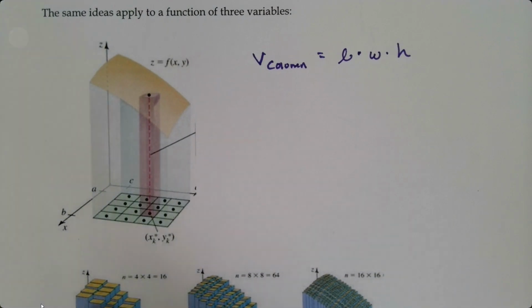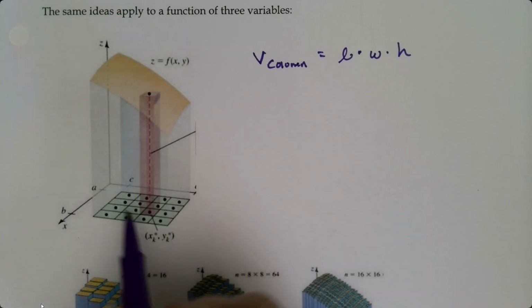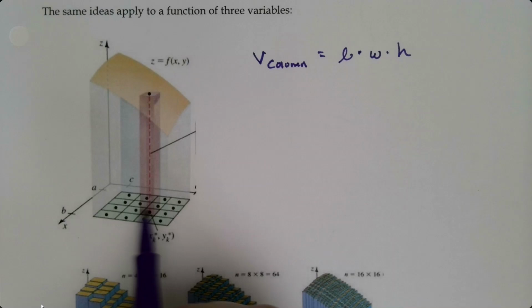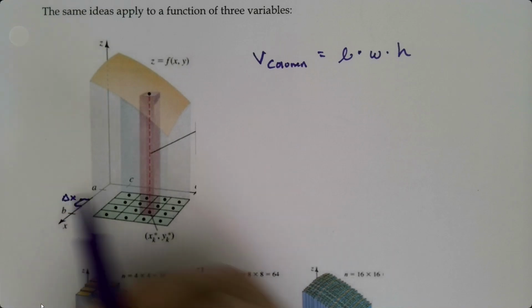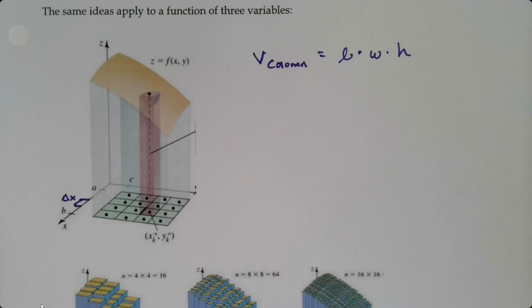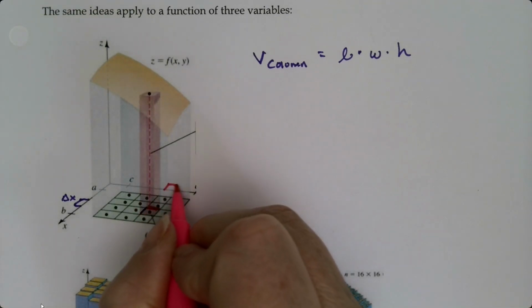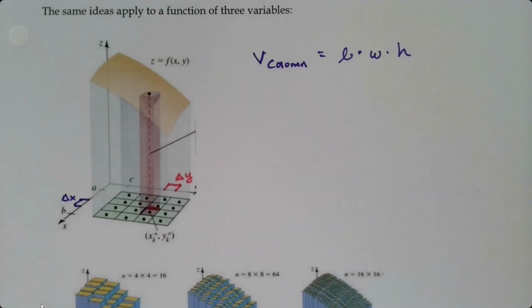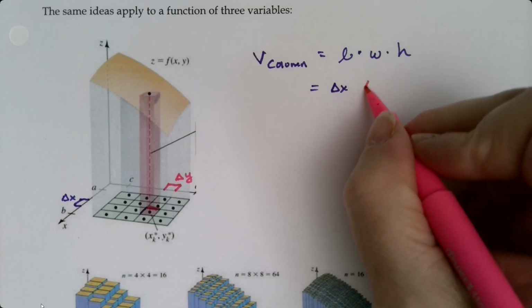All right, no problem. So let's look at the lengths and the widths, shall we? So the length would be the change in x. So you can see right over here, that piece is the change in x, right? That distance right there. That's change in x. And then change in y would be right here. So that would be back here, change in y. Okay, so change in x times change in y